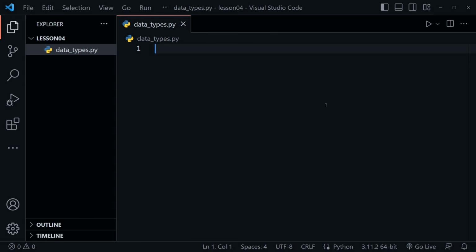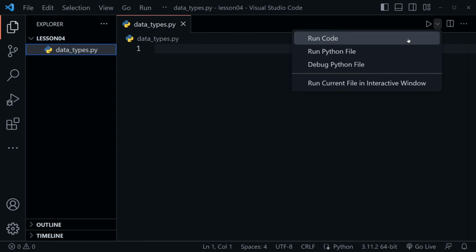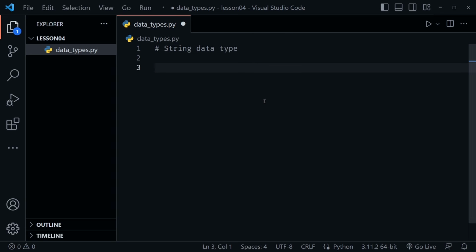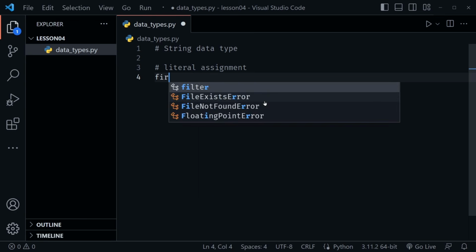Now that we have the file, you'll see the play button up here that we'll use to run our code and the associated menu that can show with that. So let's begin by typing inside the file, and I'm going to just put a comment here that says string data type. It's the first data type that we're going to cover, and I'm going to talk about the literal assignment of values. So I'll type literal assignment here in another comment,